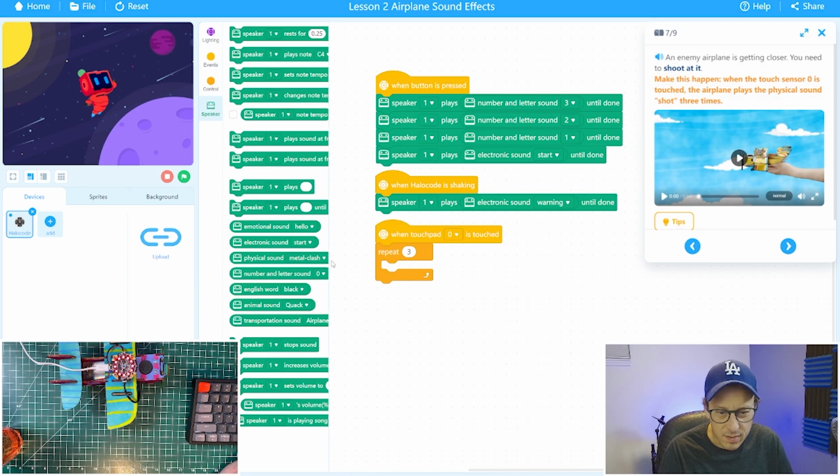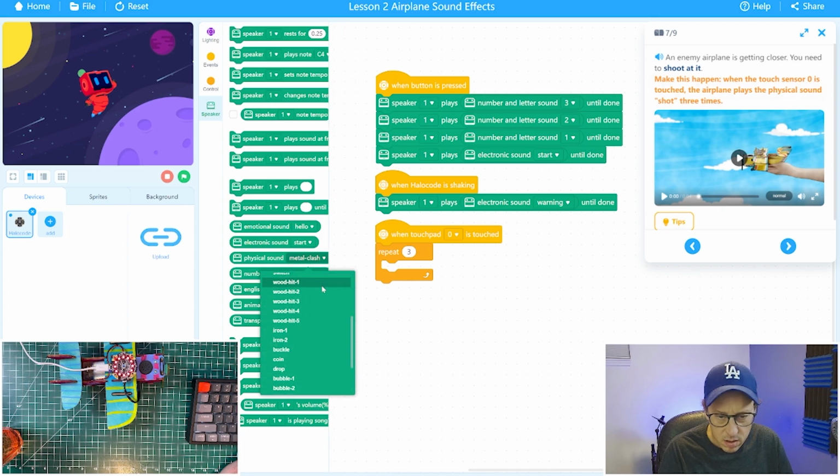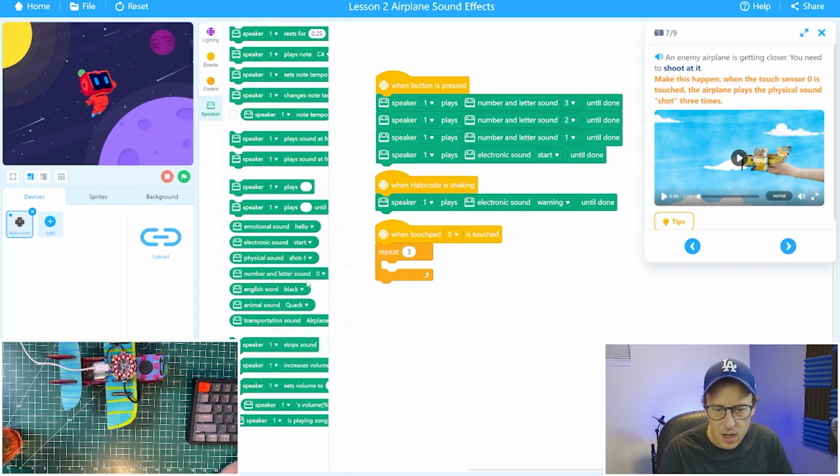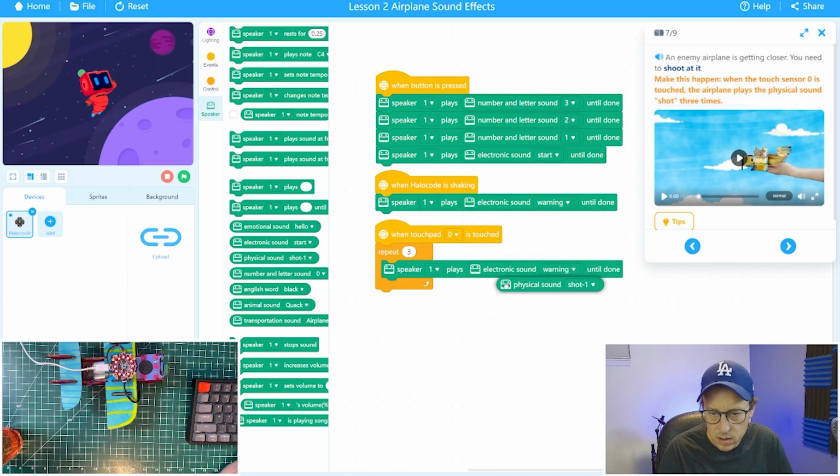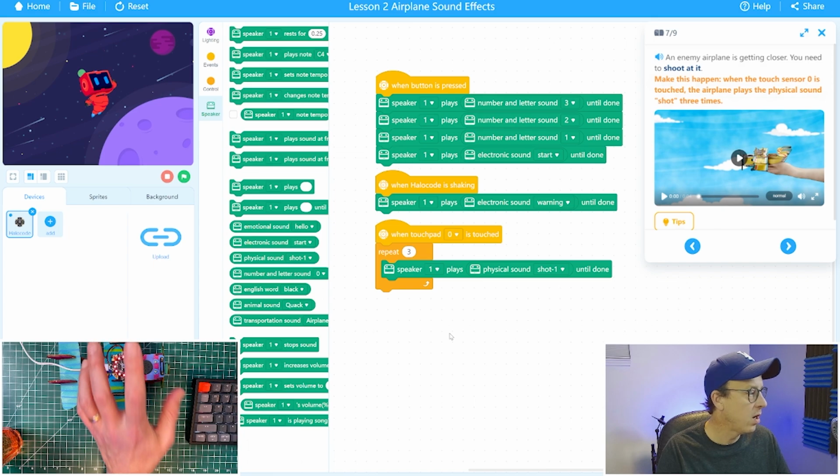Shot sounds kind of like a physical sound. So is shot in here? I don't really see it. These are out of order though. See, there's shot and then it goes to G. Kind of weird. Okay, so let's grab this, and of course we're going to duplicate this, drop it inside of here, and take this guy and throw it there. Get rid of this one, and whenever 0 is pressed,